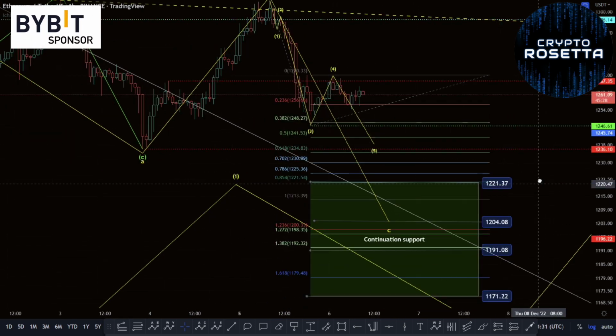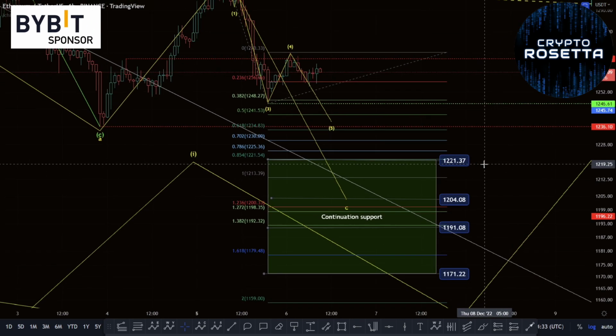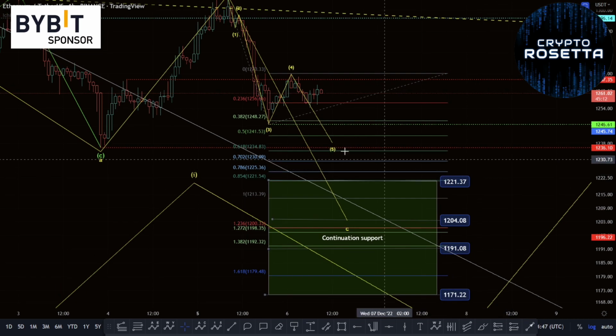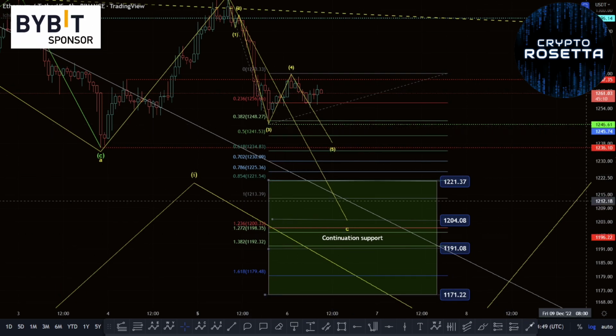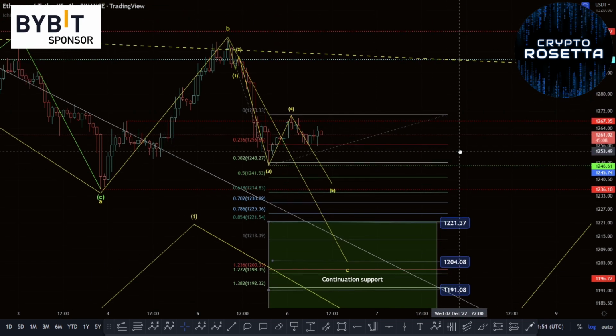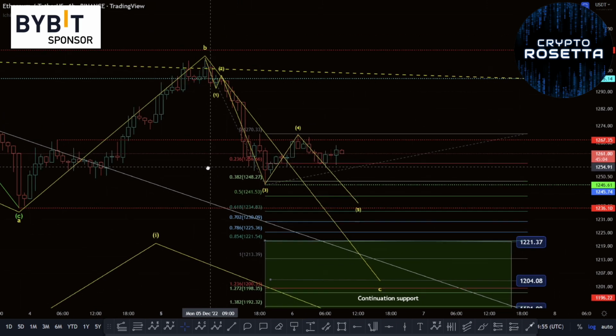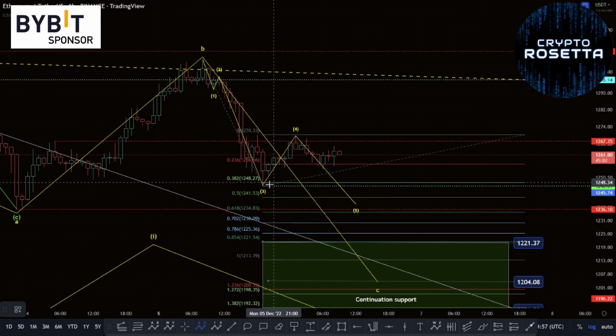We could look to move down into this green box support area, which would be between 1221 and 1171. So the 0.618 retracement would be this 1204 area. Though, as long as we stay above this 1246 area, what we could see develop is that we could just have an A, B, C to the upside here,